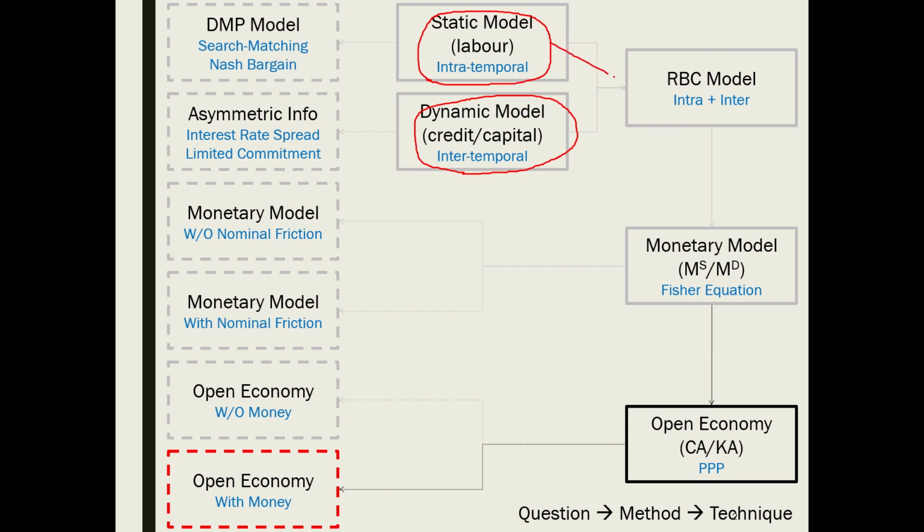We then combine the static model and the dynamic model into an all-in-one real business cycle or RBC model, and in this model we have both intratemporal condition and intertemporal conditions. Some extensions of the RBC model are discussed. For example, if we allow the search and matching cost, we will have the DMP model in the static version. And if we allow for asymmetric information, then we can explain more about the interest rate spread and limited commitment